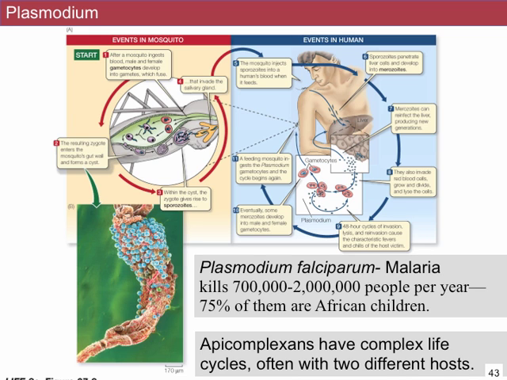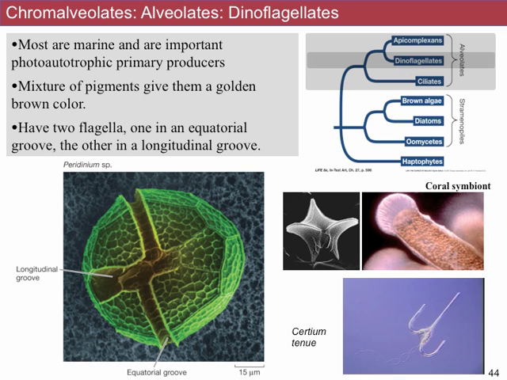Second major group in the alveolates are the Dinoflagellates. The name refers to a synapomorphy for this group, which is these 2 flagella, that if you look at this little video here, that's how some of them move around in the lower right-hand corner. They have these 2 flagella that they spin around, and they can control them in various ways to guide them in various directions.